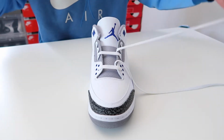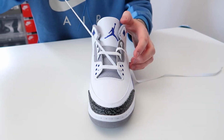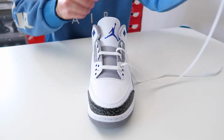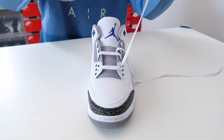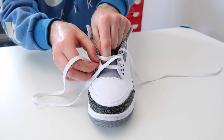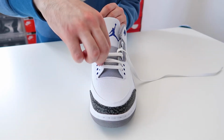Just like that. Then we're going to take this lace and we're going to thread it through the second hole up on the same side of the shoe. So the outside lace, threading it through the second hole up on the same side of the shoe. Then we're going to take this lace and we're going to thread it through the second hole up on the other side of the shoe. So outside going to the inside. Making sure that the lace is flat